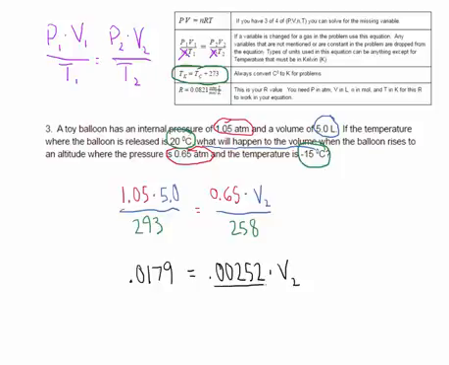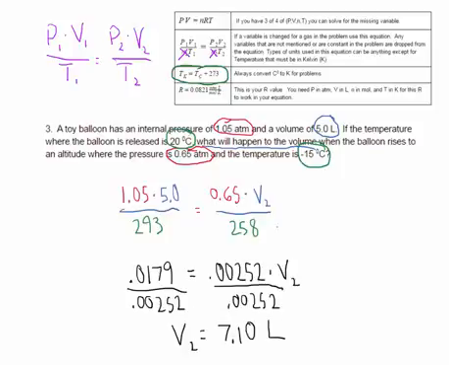Then I'm just going to divide both sides by 0.00252, and then I get my V2, which should be 7.10 liters. Okay,